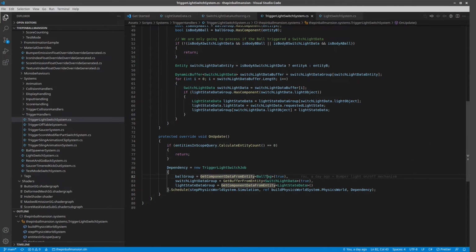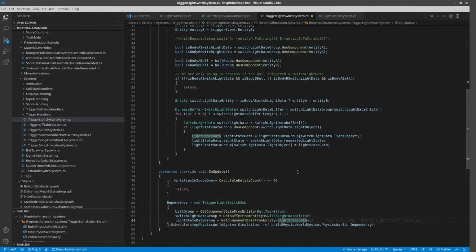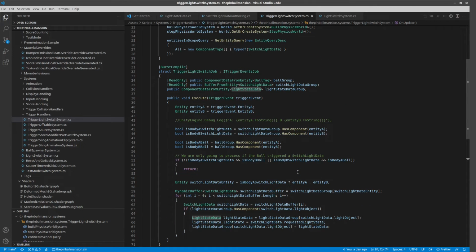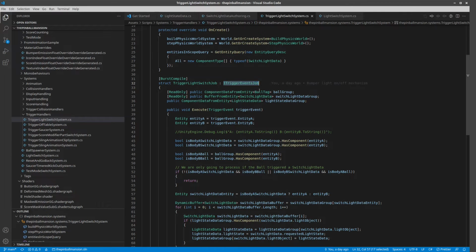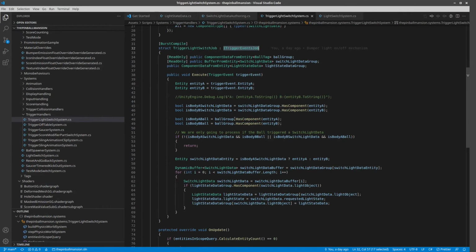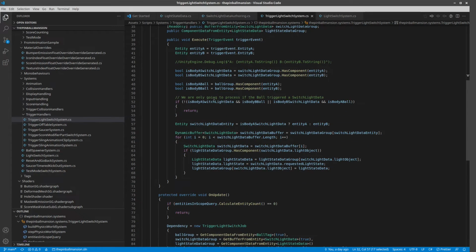We are going to get the ball tag to identify which is the ball and which is not the ball. The switch light data buffer from entity and the light state data component from entity. And the trigger events job is very straightforward. We determine which is the ball and which is the light switch, and we are going to handle ball light switch